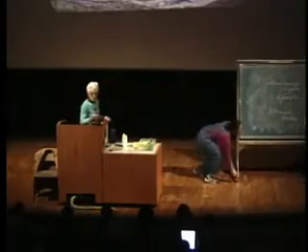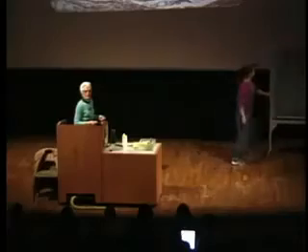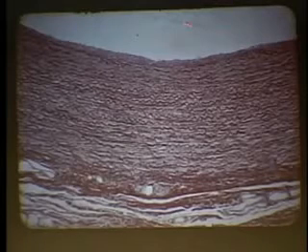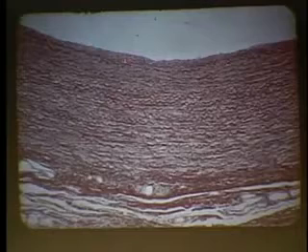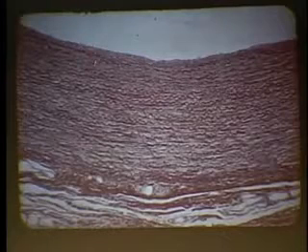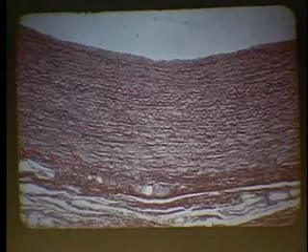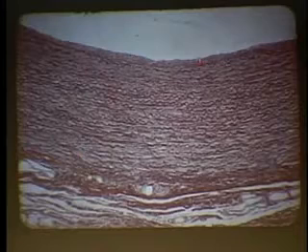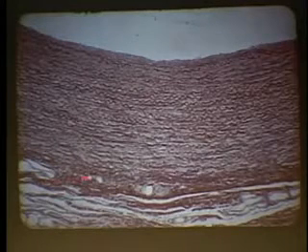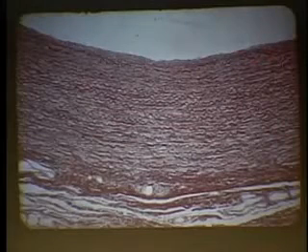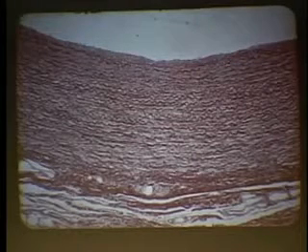Slide first. This is an elastic artery. This is the lumen. The endothelial cells are here, very thin, but all the wavy lines are elastic fibers. You can see that there's one layer, then the middle layer, then the outer layer. There are so many elastic fibers. In contrast to a muscular artery, next slide,